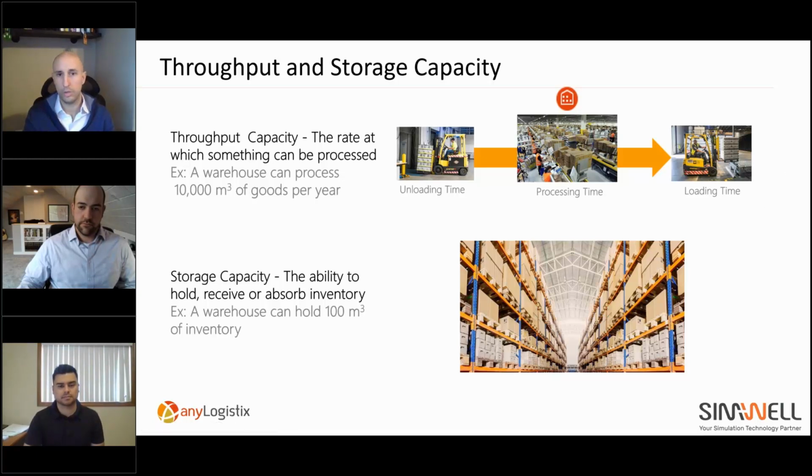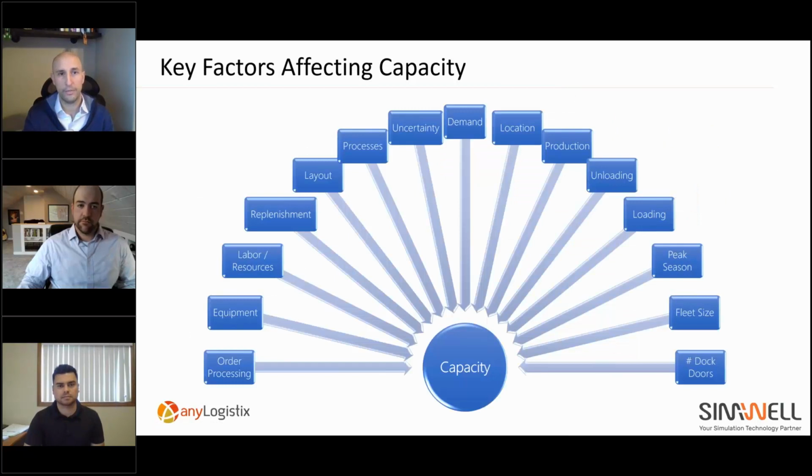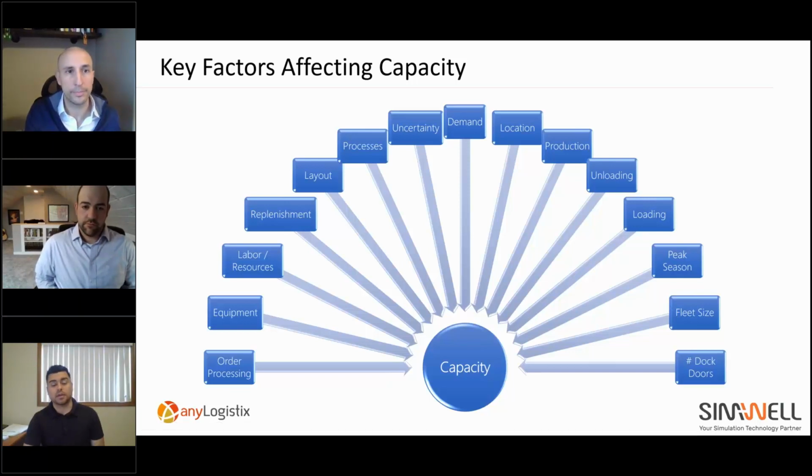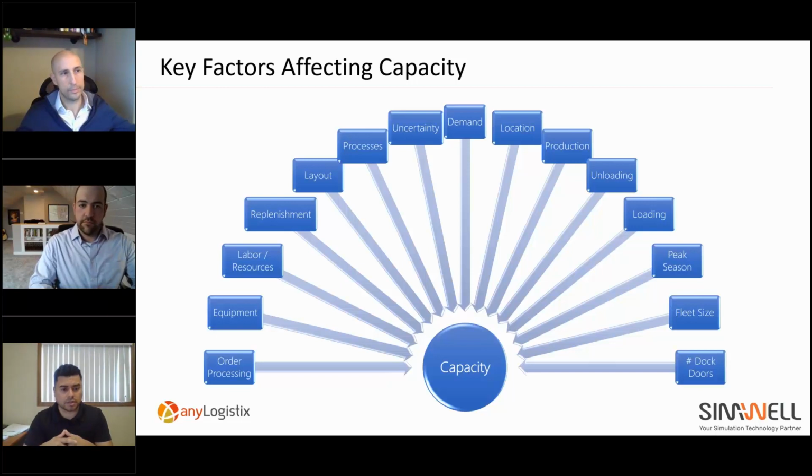All right, so now there are many factors that are affecting capacity. I think, Alex, you have a really good view about this, right? Can you tell us a little about it? Yeah, so a little bit about a lot of the key factors that are affecting capacity. Essentially, everything that is associated with time and volume can be considered as part of your rate of processing in terms of throughput. So identifying the rate of a process or a logic that's happening within the warehouse or prior to that could help understand your potential throughput.